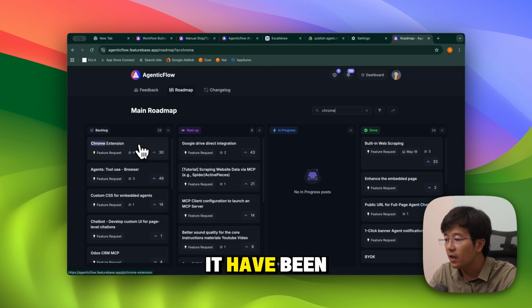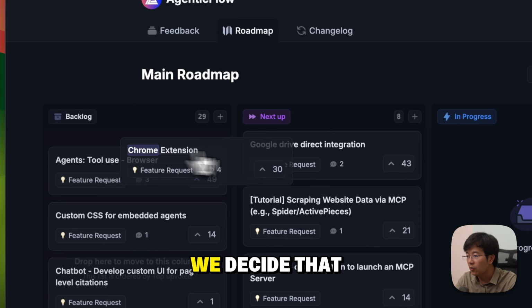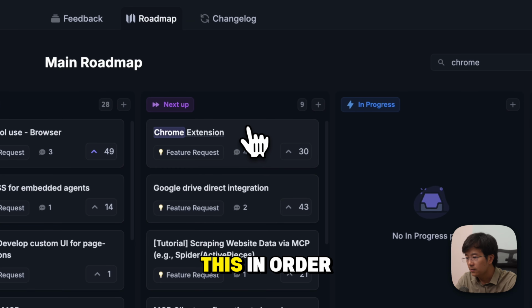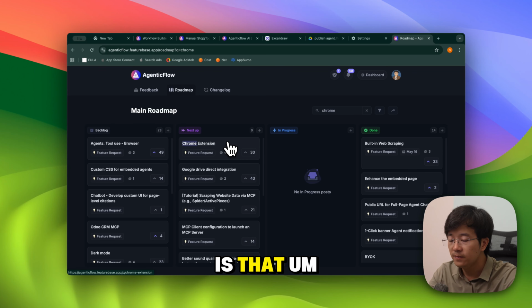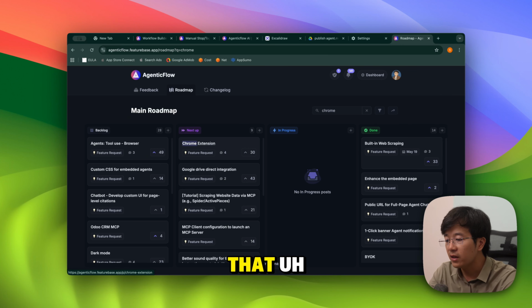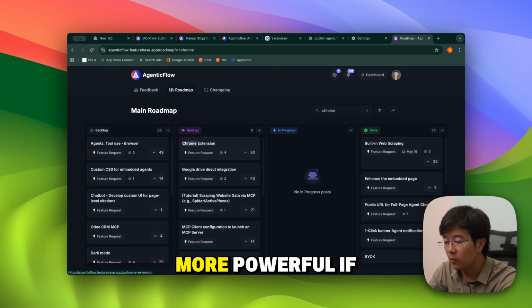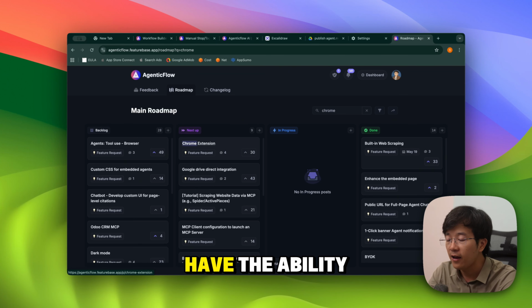It has been here for a while, but we decided to pick this up and work on it. The reason is that when we were working on the multi-agent system, we identified that a multi-agent system will be much more powerful if we equip it with an agent that has the ability to control your